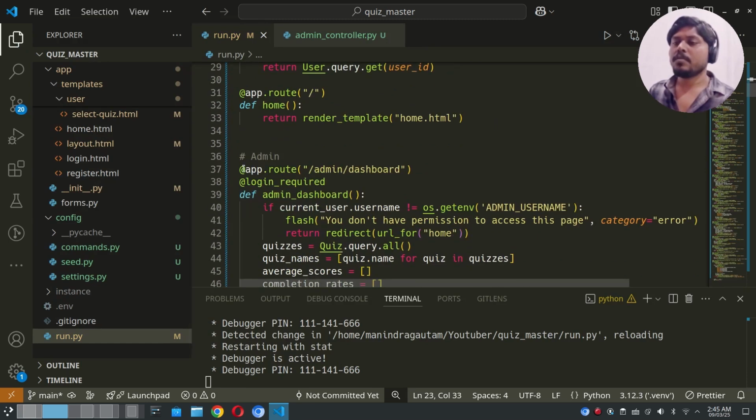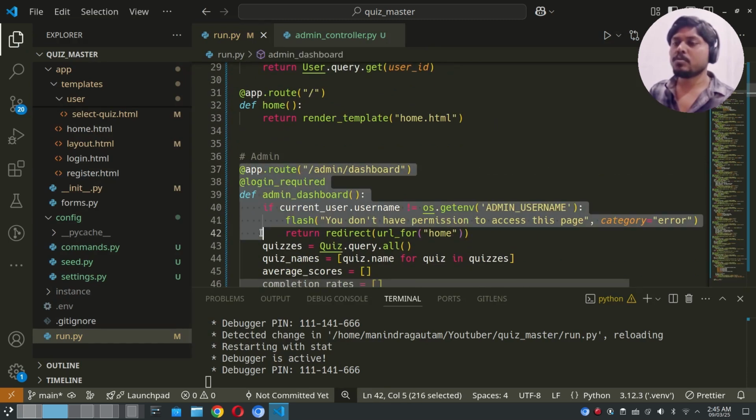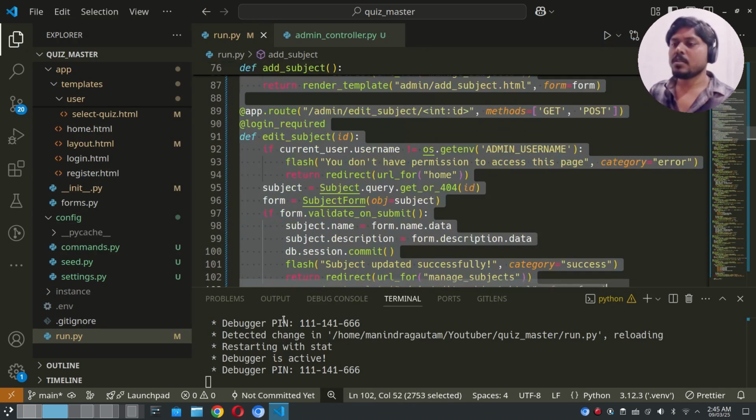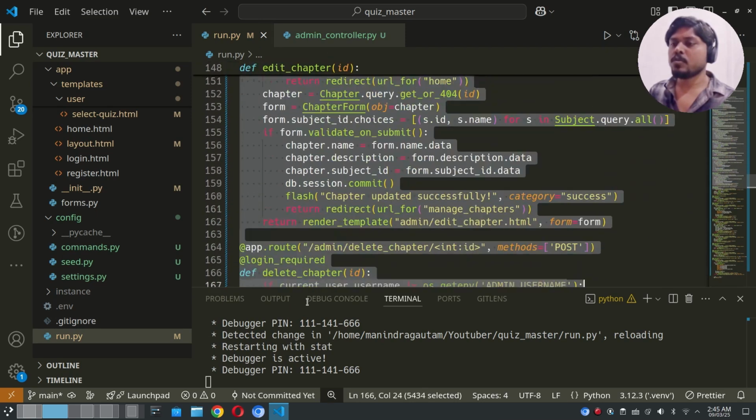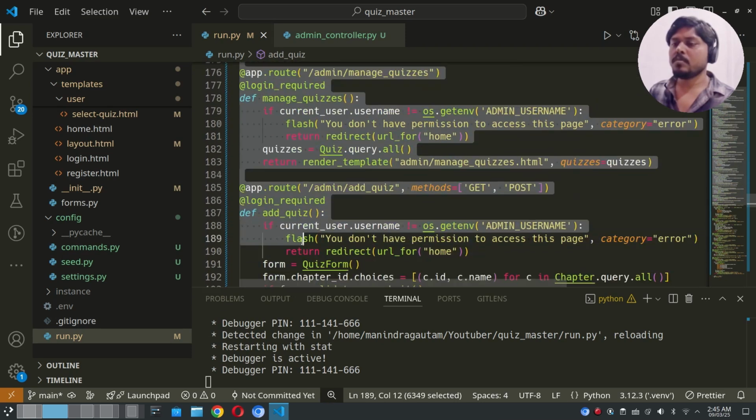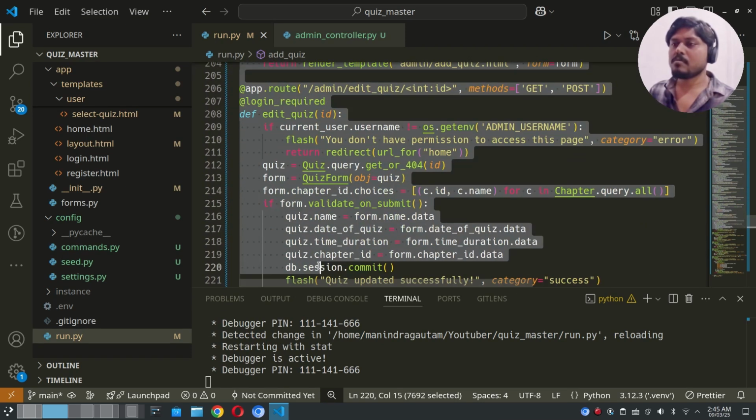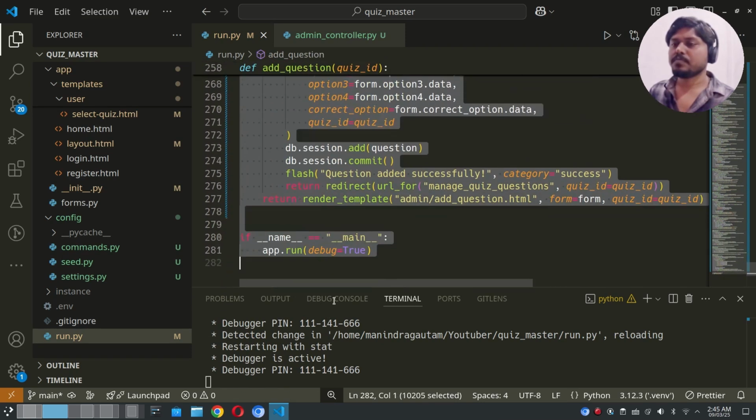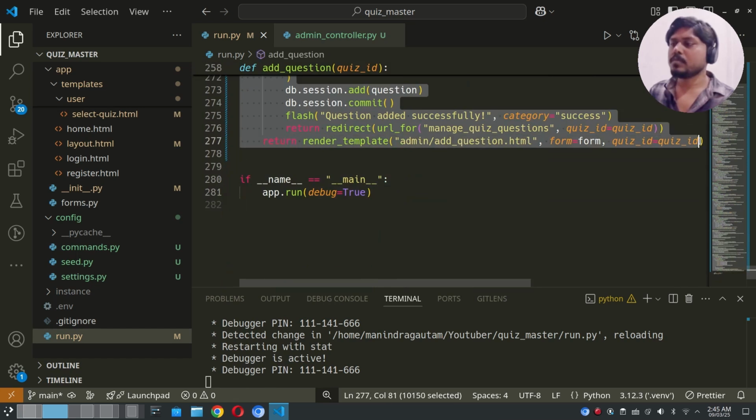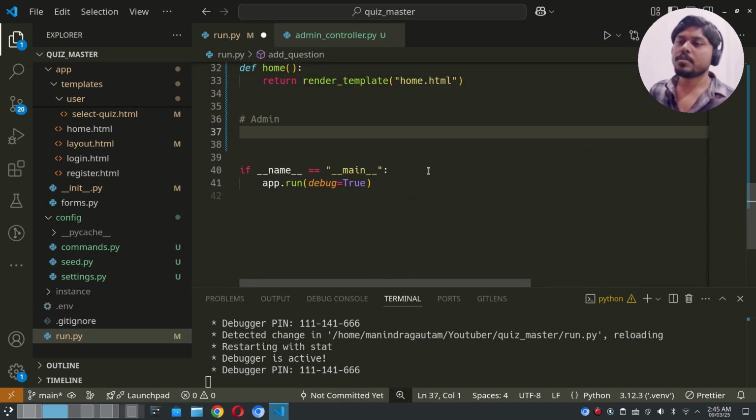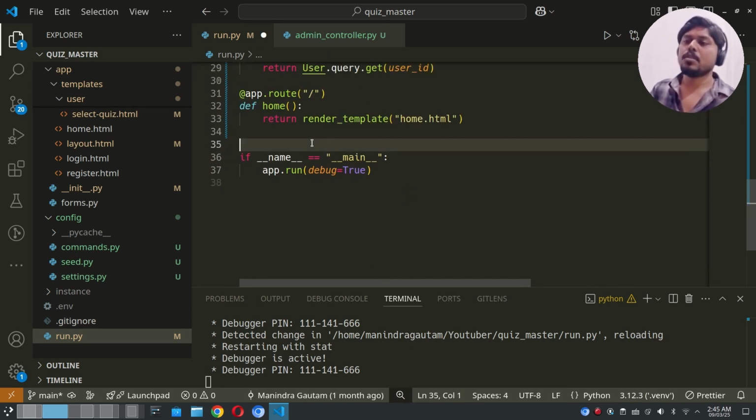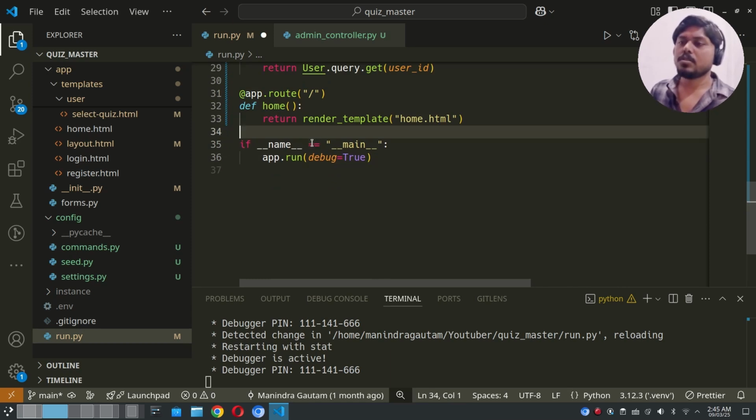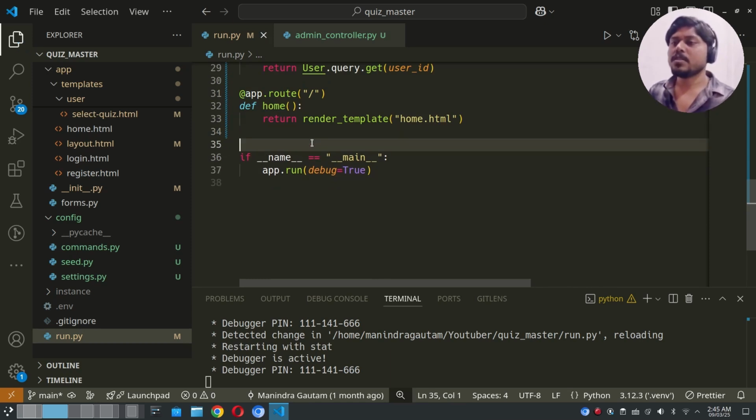Now we need to configure routes, admin routes with the admin blueprint. We have a lot of routes for the admin, and once we remove them from here, it will be a really small file. Okay, copy all these, remove it from here, and we have a separate file for all the routes. Save this file